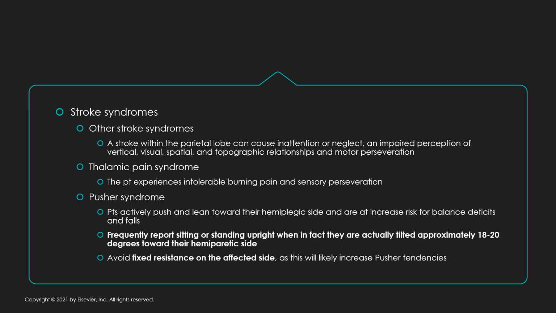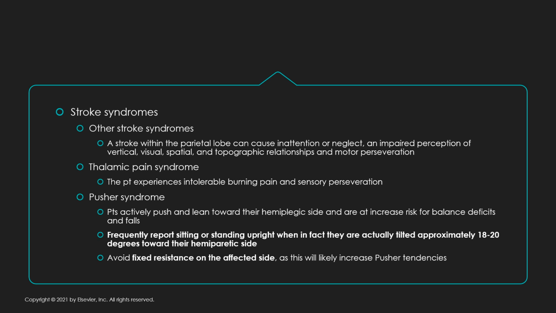Other stroke syndromes to be familiar with would be a stroke occurring in the parietal lobe can cause inattention or neglect, and impaired perception of vertical, visual, spatial, and topographic relationships and motor perseveration. Thalamic pain syndrome can result as a result of an infarct to the thalamus, and the patient experiences intolerable burning pain and sensory perseveration. And pusher syndrome is when the patients actively push and lean towards their hemiplegic side, and